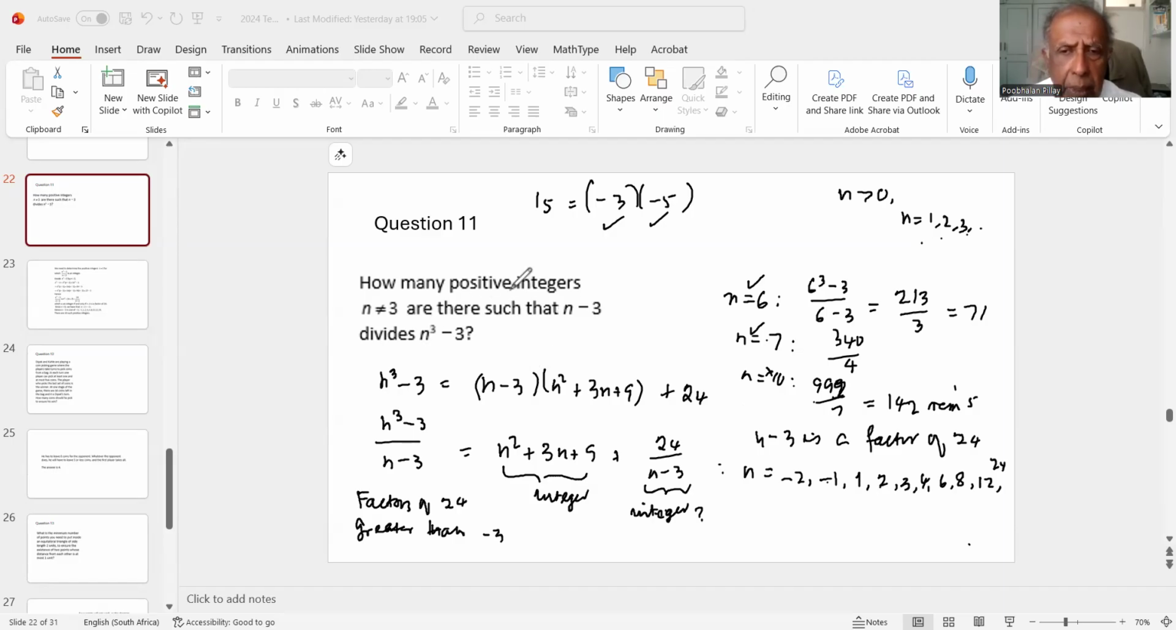The question was, how many positive integers are there? And the answer is, I just listed them down. Answer is 10. You might ask, hey, this negative 2 is not allowed. But this is where n minus 3 is negative 2. So to get the actual answer, n, you have to add 3. You have to take 3 to the other side. So 3 minus 2 is now 1, you see. Add 3